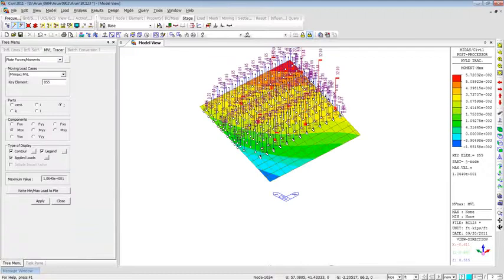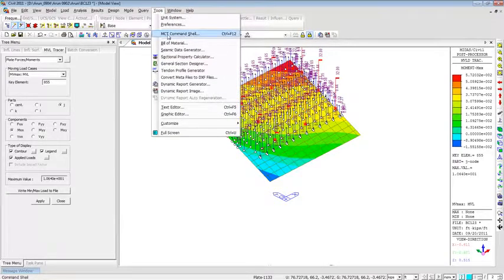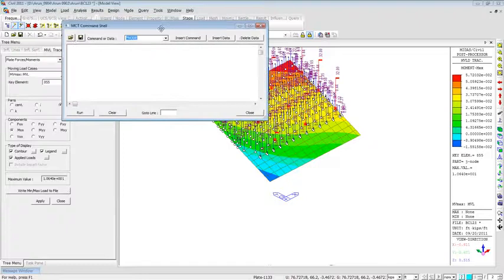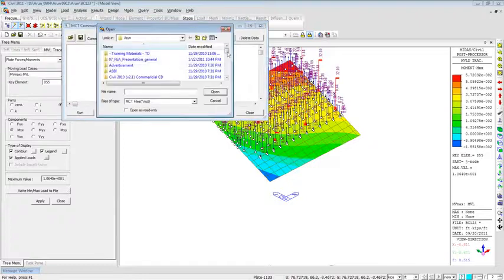So what I'll do now is, having this load applied to the structure, I'll convert this load into a static load and apply it back onto the structure as point loads. So for this I'll go to tools, MCT command shell, and then just open the two files which were just recently created,